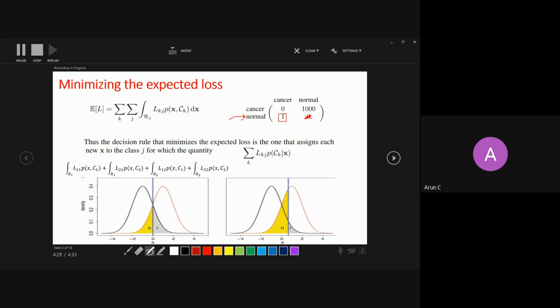So that's why we put a penalty, but not so harsh a penalty. But if a cancer patient goes to a hospital and the test says that he's suffering from cancer, that case is true, so we are again not putting any penalty, because the person has cancer and the test also says it's cancer. But if a cancerous person goes to a hospital and the test says he's normal, this is a very dangerous situation.